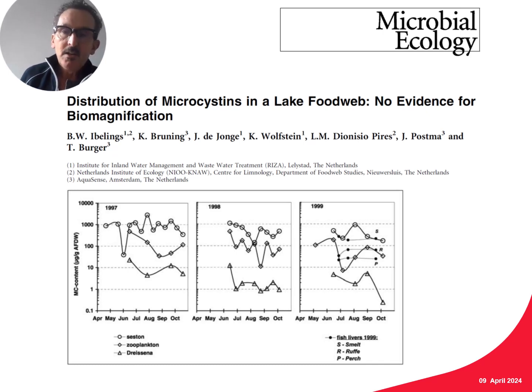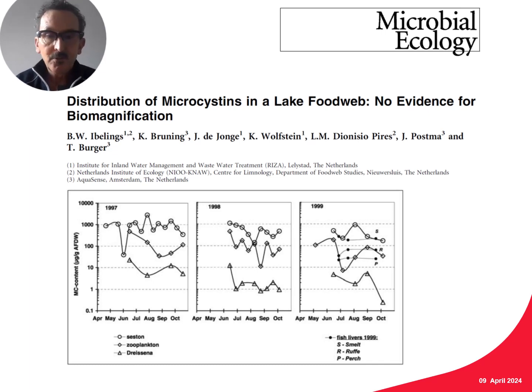Just one slide to say I got involved in work on toxic cyanobacteria, not first of all because of the risks for humans, but because of the risks for the ecosystem. So this is a paper we published on microcystins in the lake food web. That's a lake in the Netherlands where at that time there were a number of years with massive fish kills, also bird kills. And we asked the question, the fact that those kills coincide with development of big blooms of toxin-producing cyanobacteria, does it mean that the blooms are responsible for the death of the fish and the waterfowl?